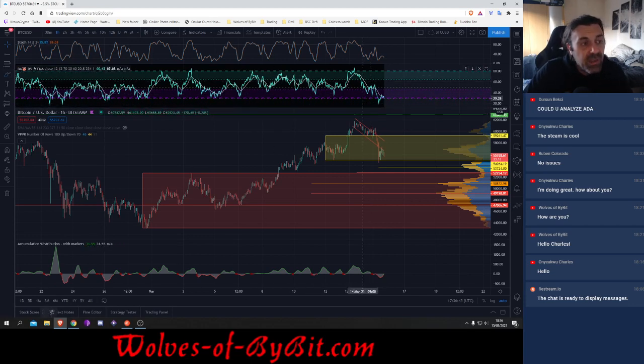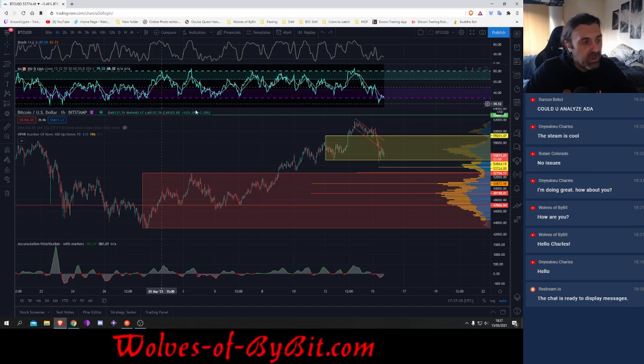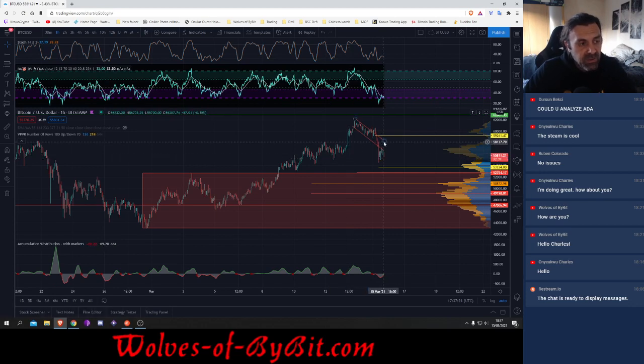So this low over here, if price tries to push further down, if RSI makes a lower low like this, then we are probably going to see some more continuation and a very slow recovery. Okay, so we are going to analyze this level first and foremost, and then after that, we can look at some other ranges and other potential areas where price could bounce off of. So let's start with this one.